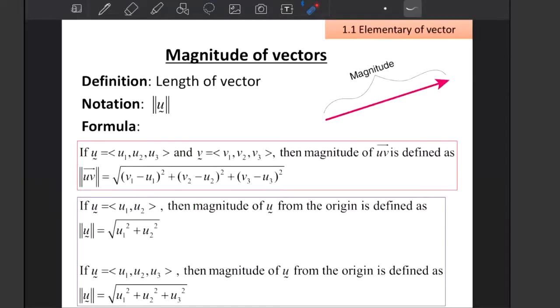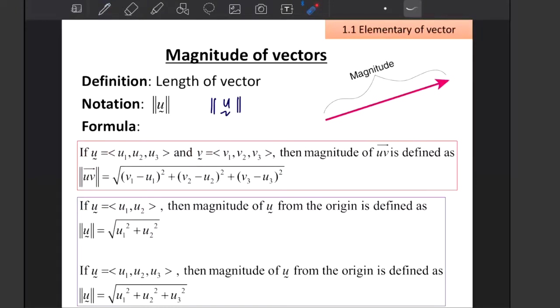Magnitude is the length of vector. And this is the notation. This is how you write magnitude. If we have two vectors, vector u and also vector v, the magnitude of uv is defined